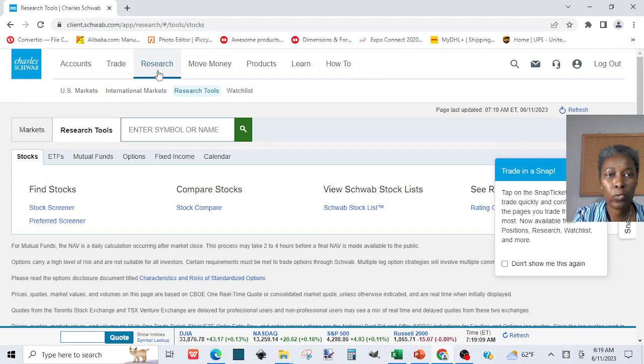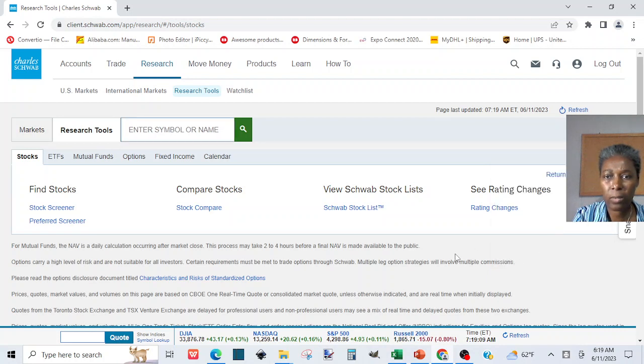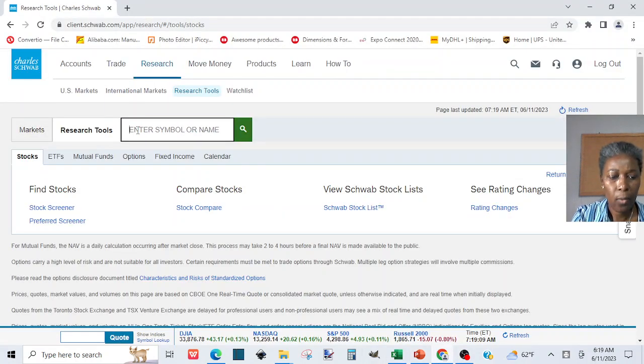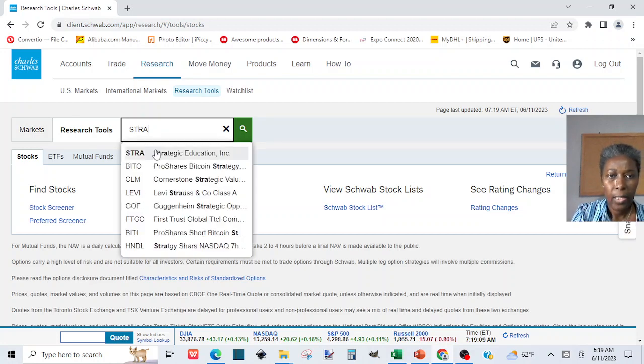So when you log in, you go to research tools, and you just make sure you're under stocks, and you just start typing the symbol. I usually type the symbol, not the name, but the symbol in the search bar. So I'm going to use the PowerPoint to find it. So we have STRA. So we'll put that one, STRA, and it will pull the company's name. You click on it